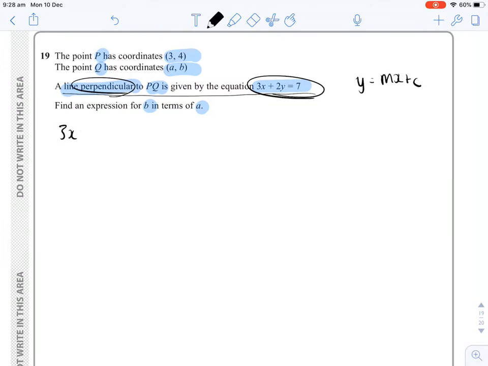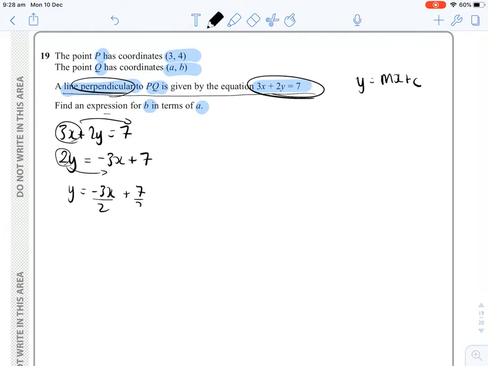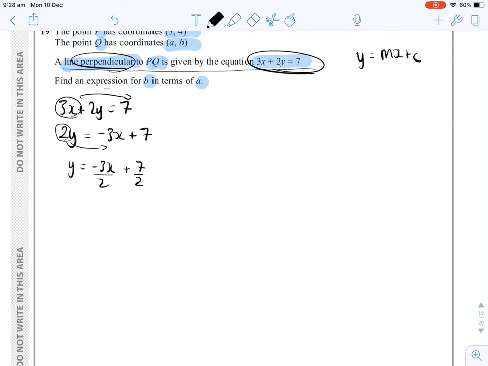So we've got 3x + 2y = 7. I'm going to take my 3x over, and it becomes minus, so 2y is equal to minus 3x + 7. Then I'm going to take the 2 over and it becomes a divide, so y is going to be minus 3x over 2 + 7 over 2. So therefore, the gradient of the line perpendicular to PQ, so this line here, is going to be